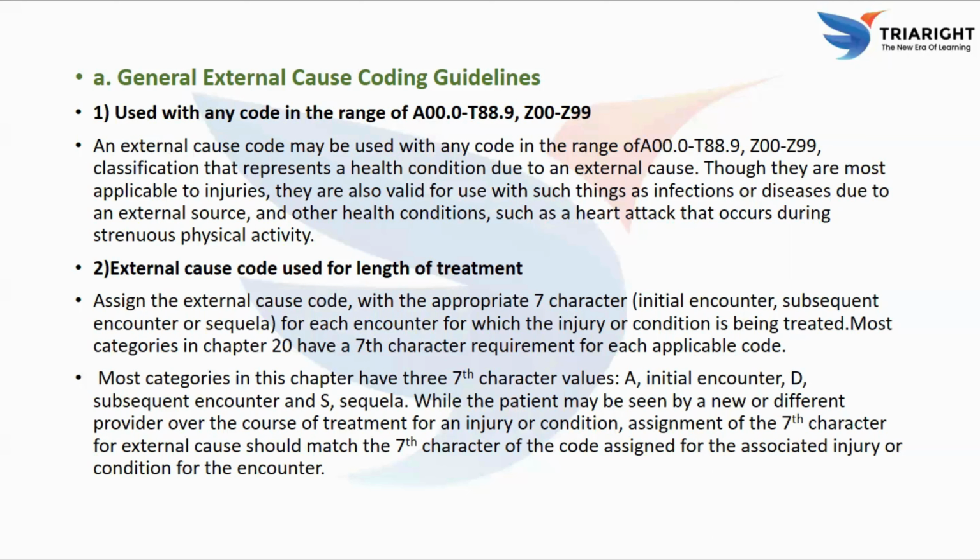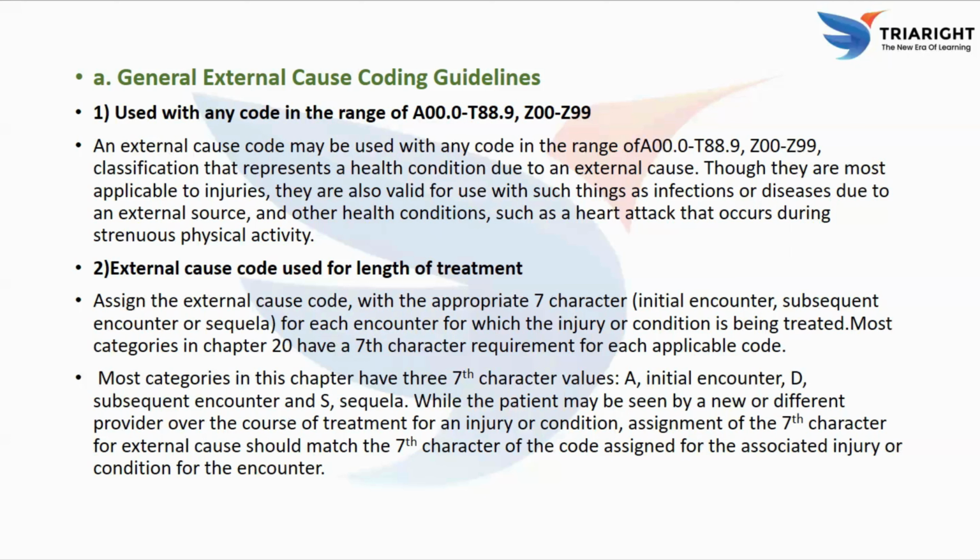So there is a seventh character requirement, which is very important. Mostly chapter 20 codes require a seventh character to show the type of encounter. So A is the initial encounter, which is active treatment, and D is for subsequent encounter, where it is a healing and recovery phase, and S is for sequela, which is a late effect. So the seventh character of the external cause code must match the seventh character of the injury or condition